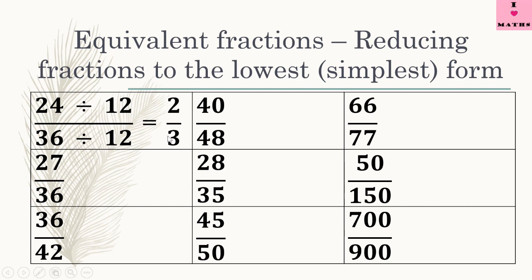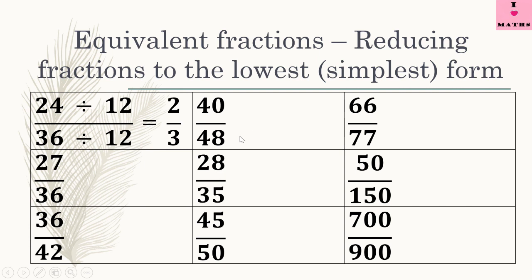But we have to see whether 2 upon 3 is in the lowest or the simplest form or not. Then think of any table in which 2 and 3 both come as answers. There is only one table, and that is the table of 1. 1 2s are 2 and 1 3s are 3. There is no other table in which 2 and 3 both come except 1. So children, 2 upon 3 is in the lowest form. Okay, now